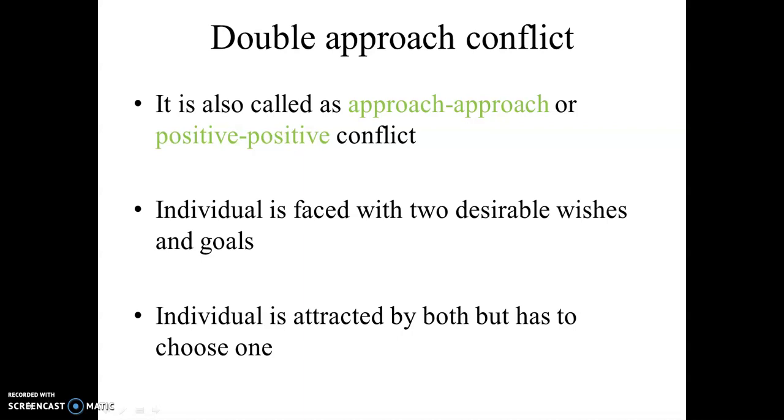Now this conflict is also known as approach or positive conflict. Here the individual is facing two goals, two needs, two motives, and both of them have positive valence for the individual. Both goals or needs are desirable and have positive value for the individual. An individual is attracted toward both of these motives or needs or wishes, and it becomes difficult for the individual to choose which one. So, for example,